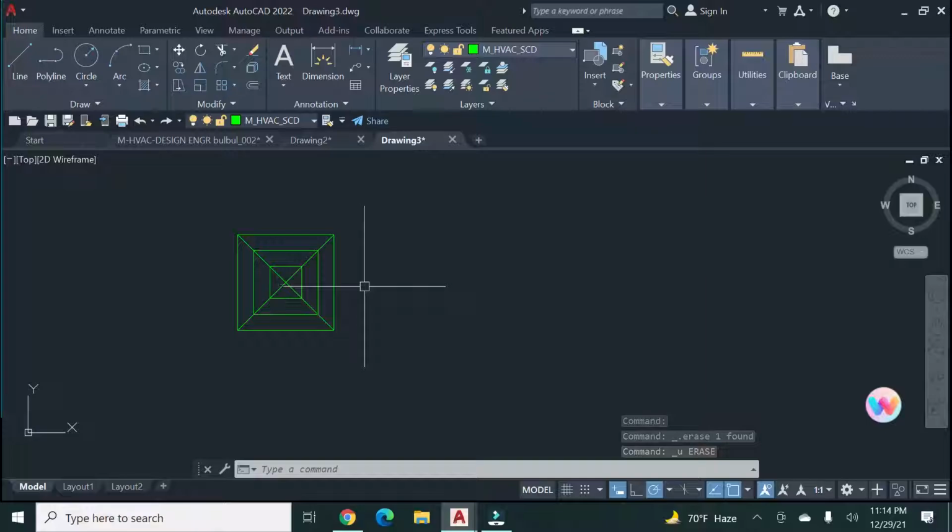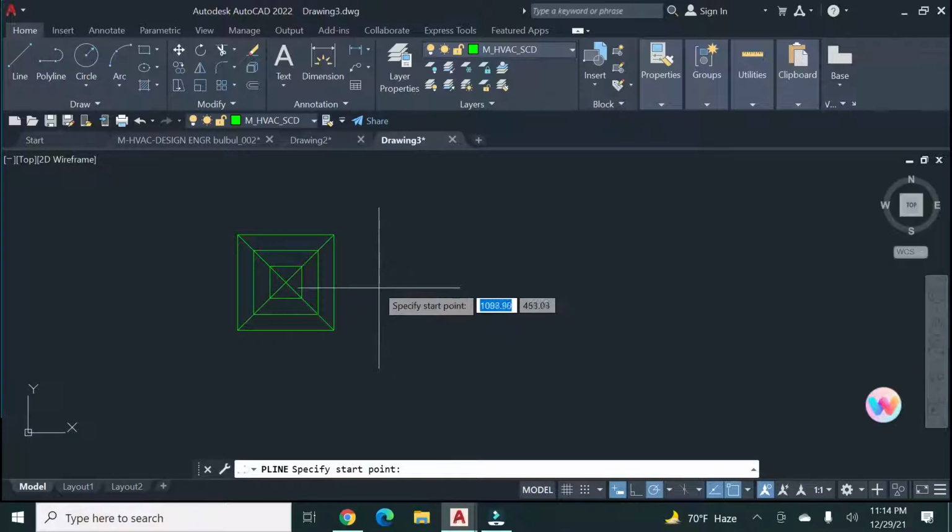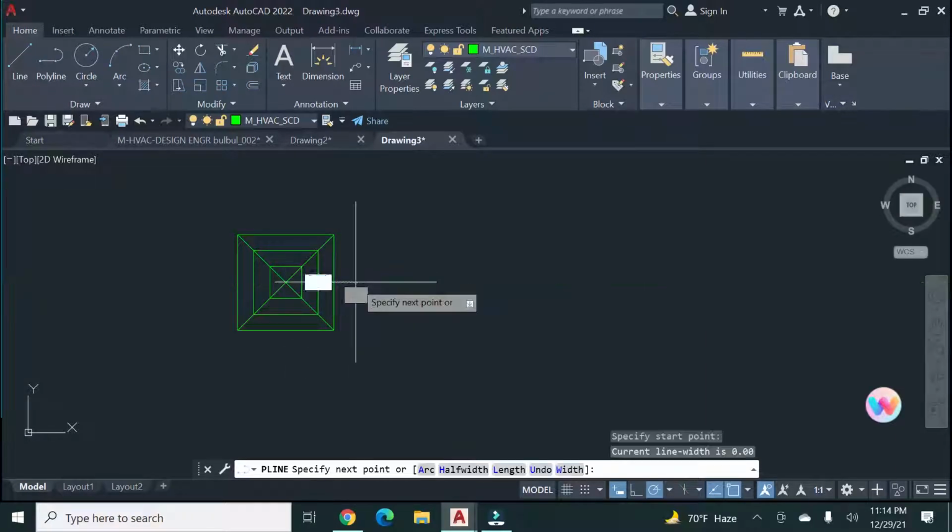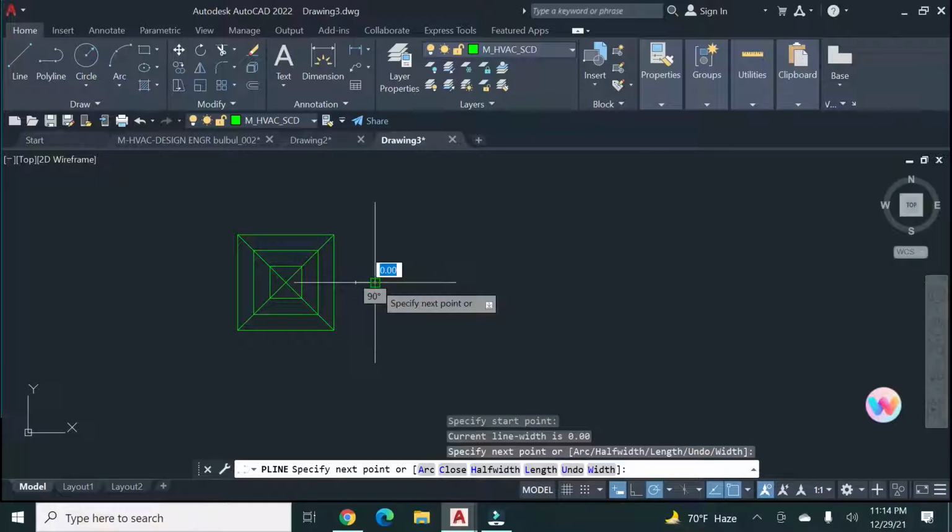So I want the arrow sign. That will be the direction of the air movement. Where will the air movement be? So I need the polyline. Then I'll draw from the center point here, something like that.